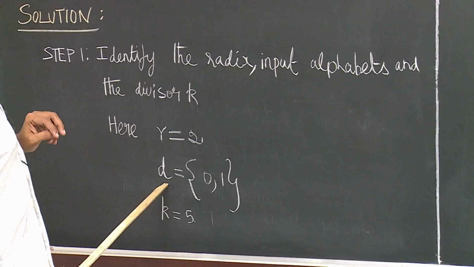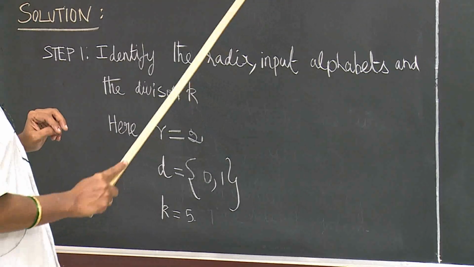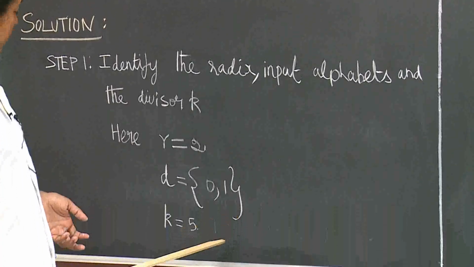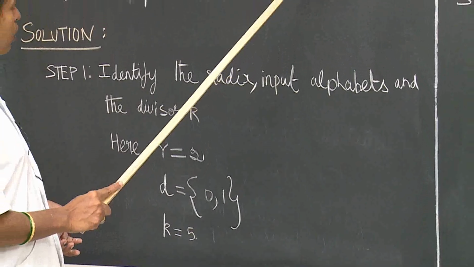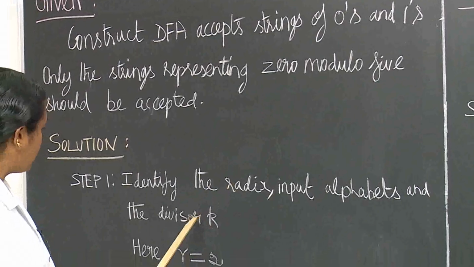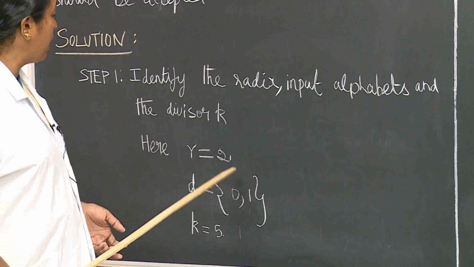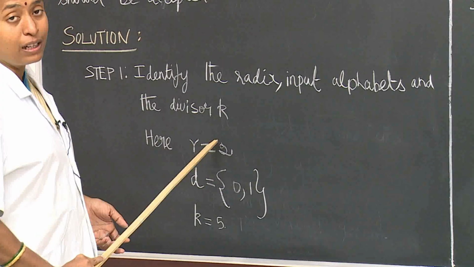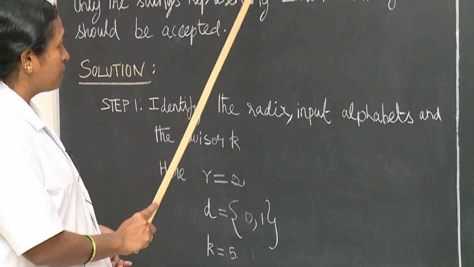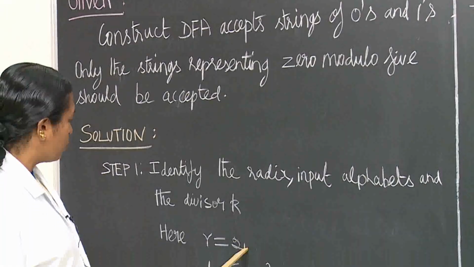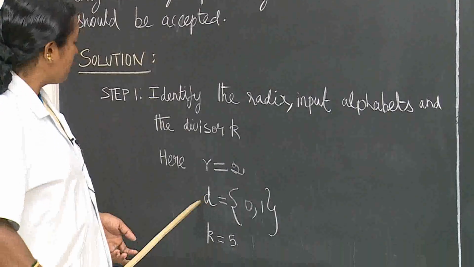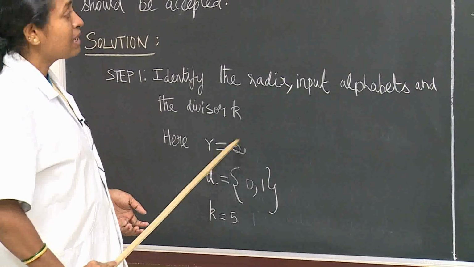Now d is digits, that is alphabets. What are the alphabets here? As it is binary, we all know 0 and 1. The next is the modulo 5 they have given, so the divisor k is 5. Once again I will repeat. We have to find out the radix, input alphabets and divisor k. In case of this problem, the r is 2 since the strings are 0 and 1. Next is what are the digits, that is alphabets, and as it is binary,